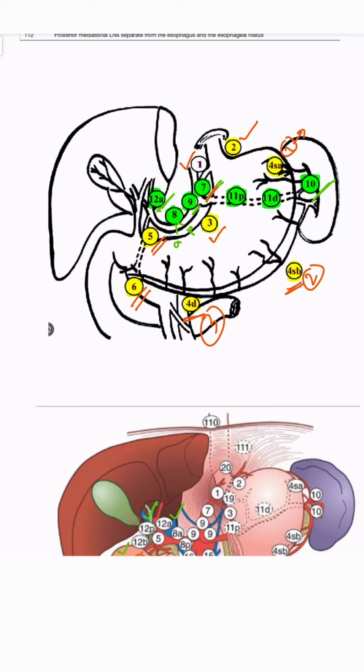We do not remove the number 10 lymph node in D2 gastrectomy because it is very close to the splenic hilum and we can injure major vessels. Therefore, D2 gastrectomy, 10th